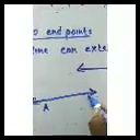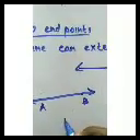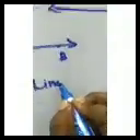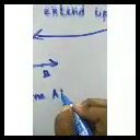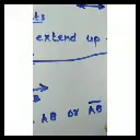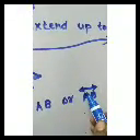We name it A, B. What's the name of this line? Line AB. Or we have to write AB, then a line with arrows on top. That means we have to say the line AB. Okay. One more example.